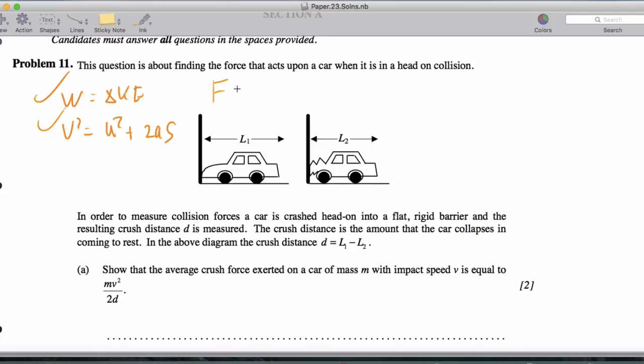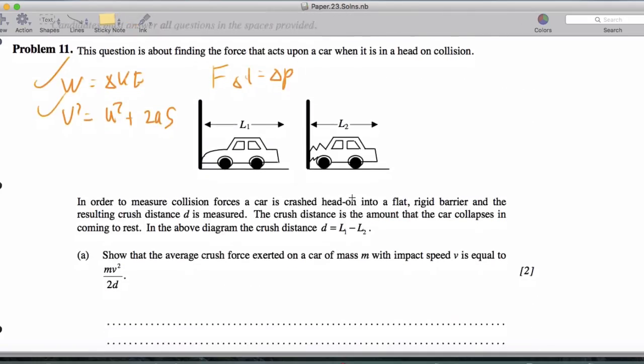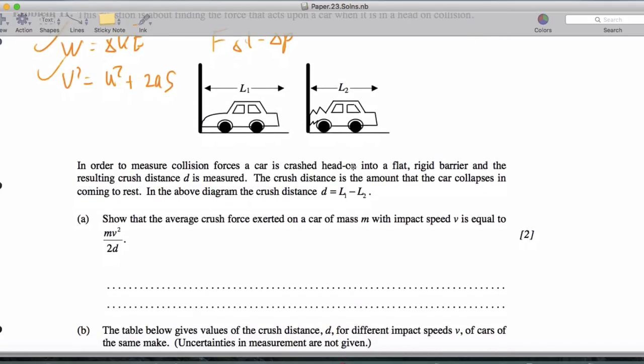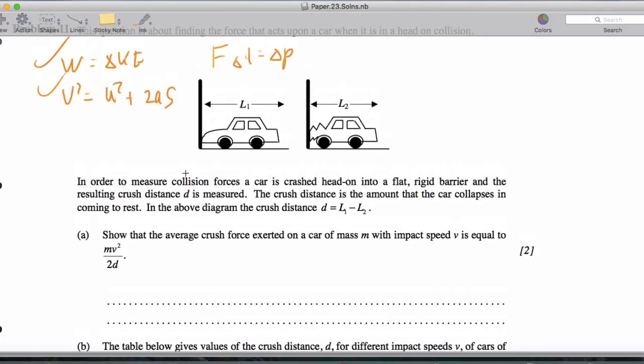Every now and then I'll get F delta t is delta p, but I'm not seeing any kind of momentum thing measured here. Because the word collision's mentioned, I'm going to put down the impulse formula, but I'm not necessarily going to use it. So jumping in here,